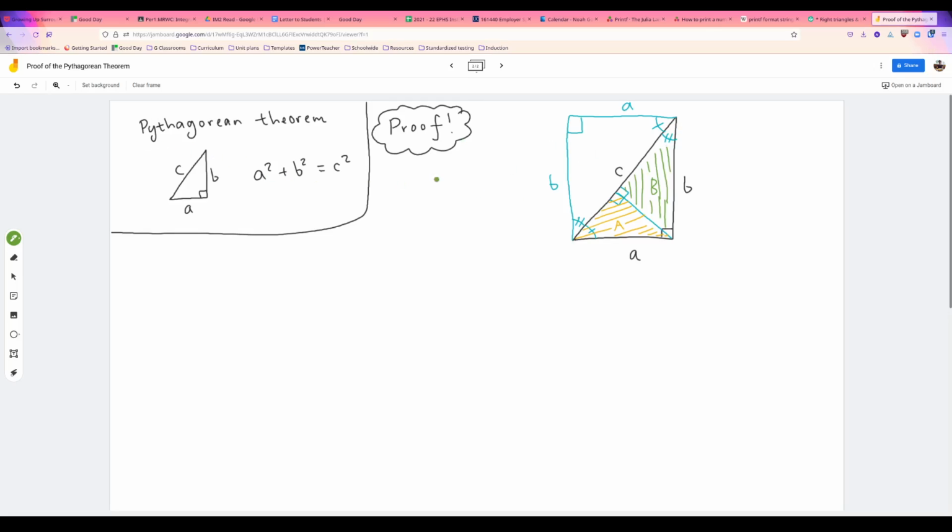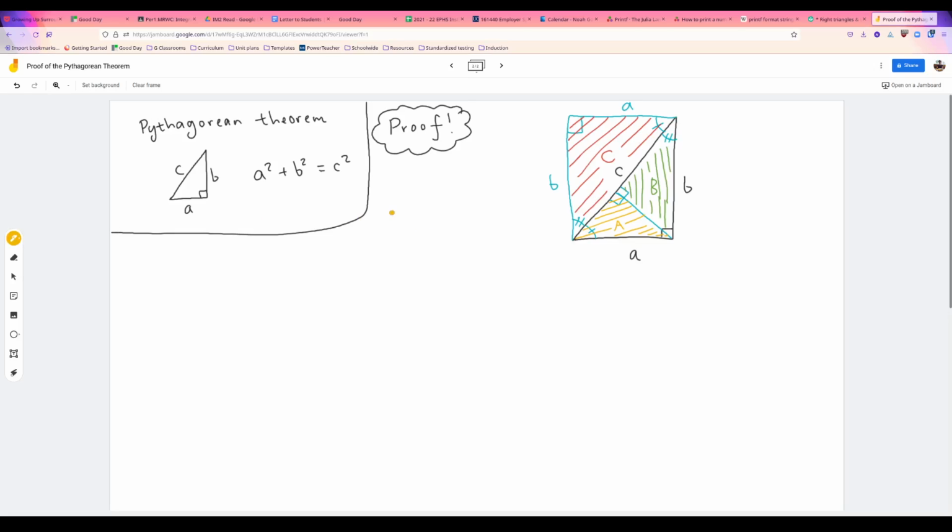And then this big triangle over here with C as its hypotenuse, we'll call that area capital C. This is also equal to the area of the original right triangle that we drew. Okay. Now, because these two triangles are congruent, the ones that split the rectangle in half, we can write down